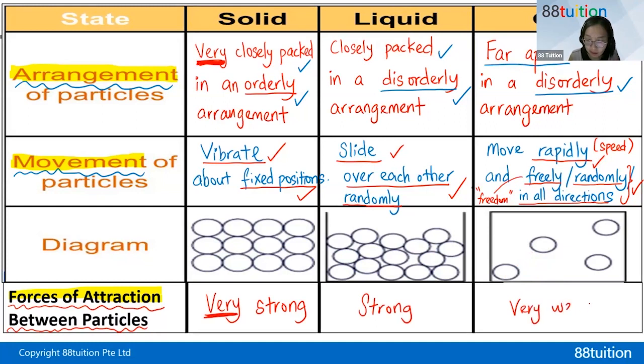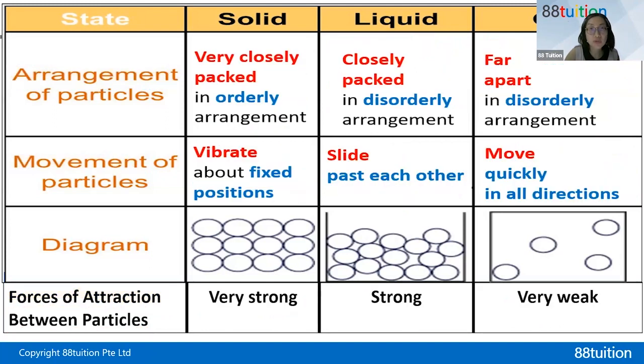Okay. All right. So please have this in your brain. Because you'll be tested in set 2, you'll be tested in set 3, you'll be tested in set 4. If this comes out in a chemistry paper in O-level exam, it's Santa Claus giving you free marks. Any questions so far? So for arrangement and movement, don't get mixed up. Arrangement 2 points each, movement 2 points each. All right, let's move on.